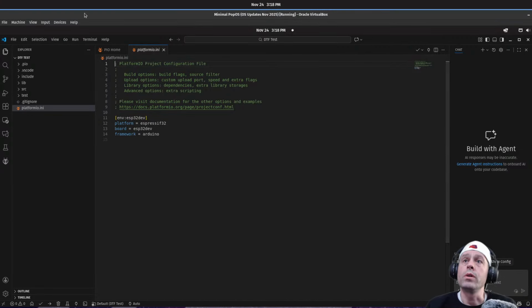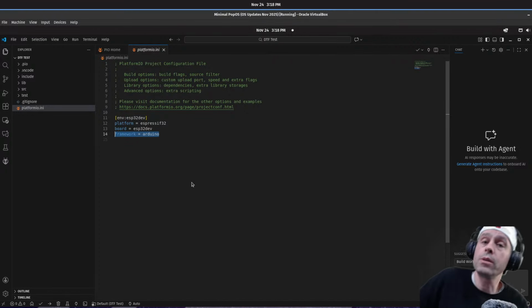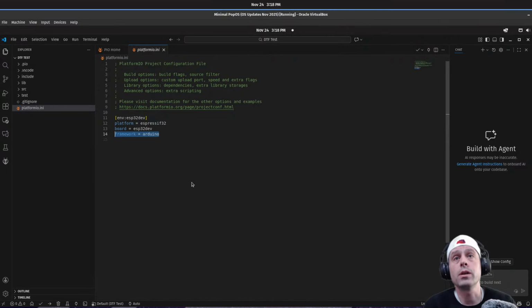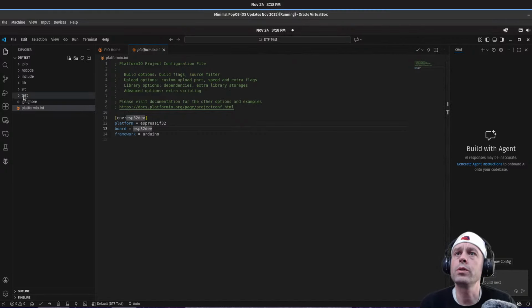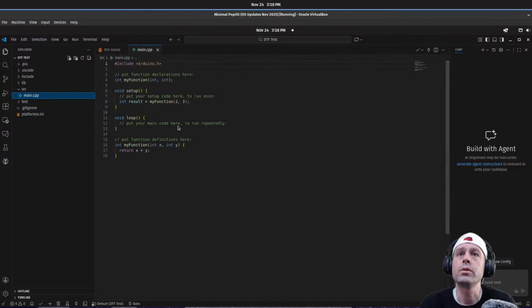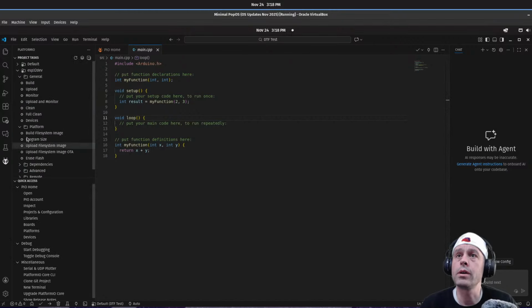Okay, so as all PlatformIO projects have, I've got this platformio.ini. I do want the framework to be Arduino because you can select that or ESP-IDF. As far as I understand it, selecting ESP-IDF would fix this particular issue that I'm about to show, but the customer, Deploy the Fleet, is using Arduino. And so we also have this platform ESP32, which is also an out-of-the-box thing that PlatformIO provides for you. Now, all I want to do here is come into source, main. Oh, this looks great. Setup, loop. Just to start things out here, I'm going to click build.